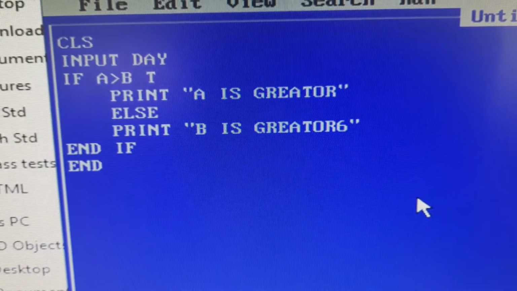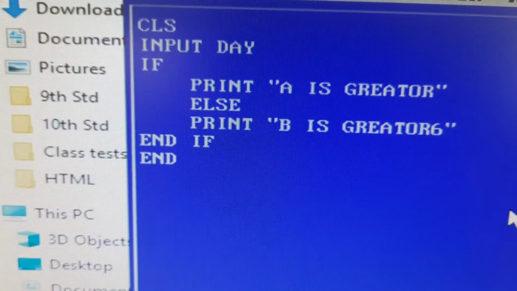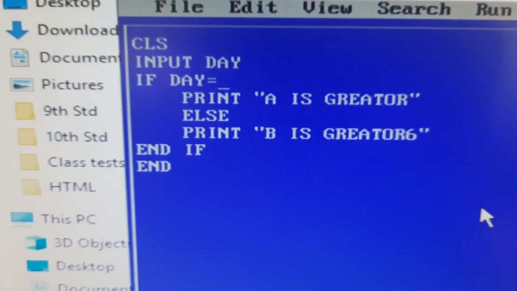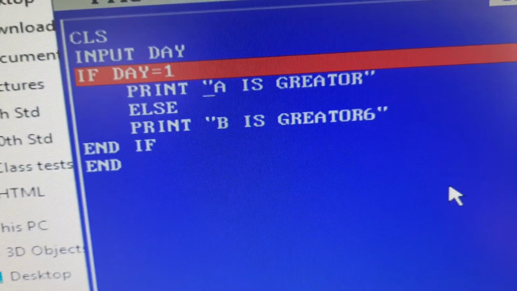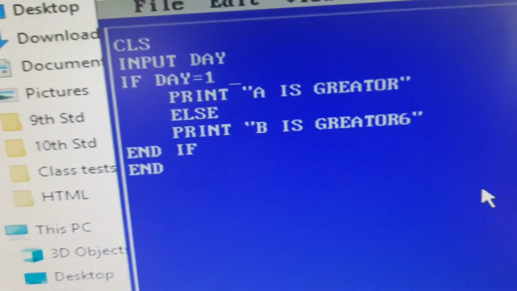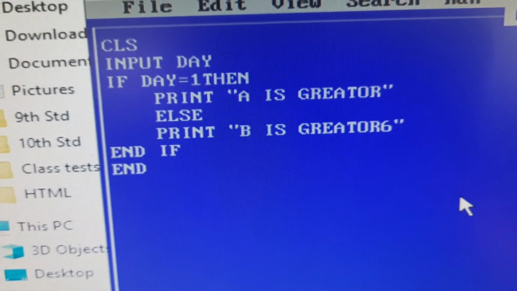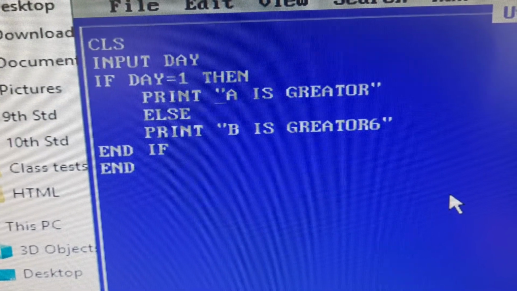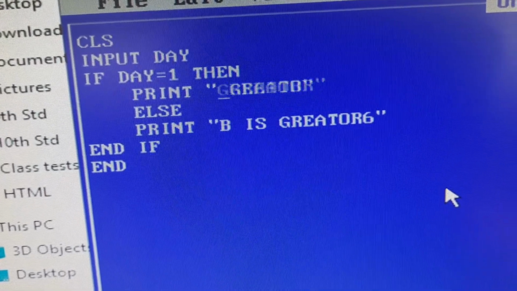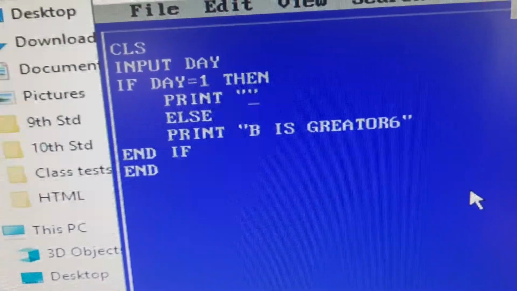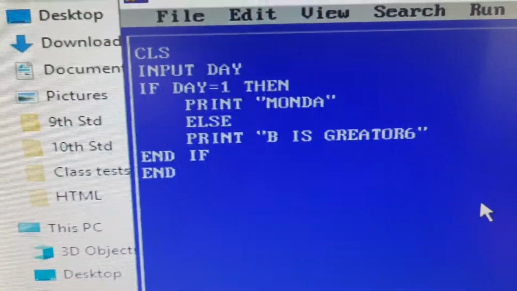Now I check here, if day is equal to 1, then print Monday.